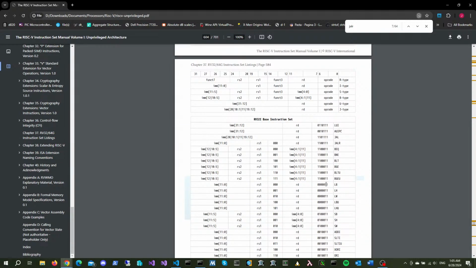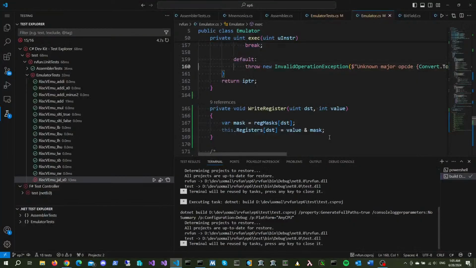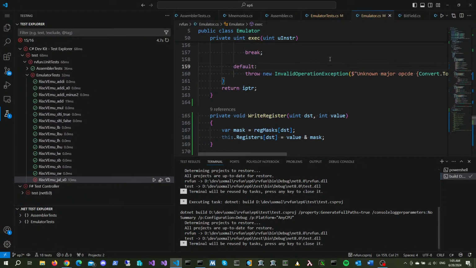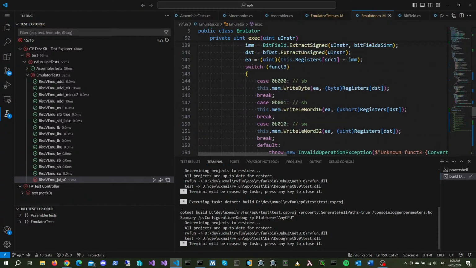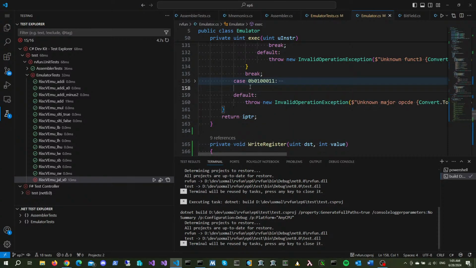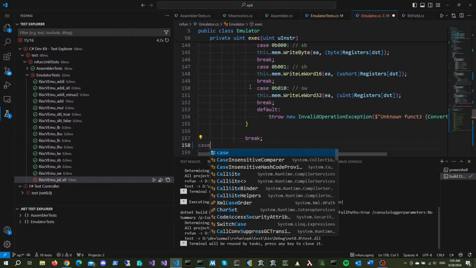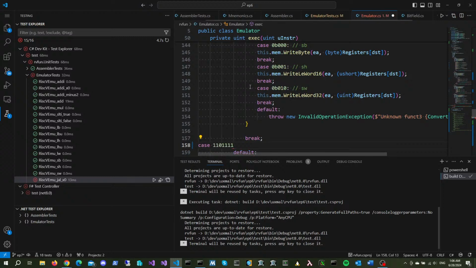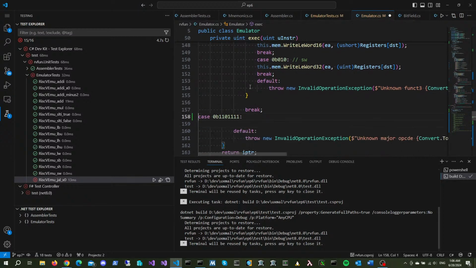So this is our major opcode. And there is no subfunction, so now all we need to do is read the destination register,